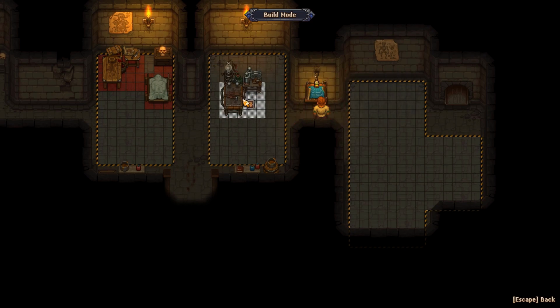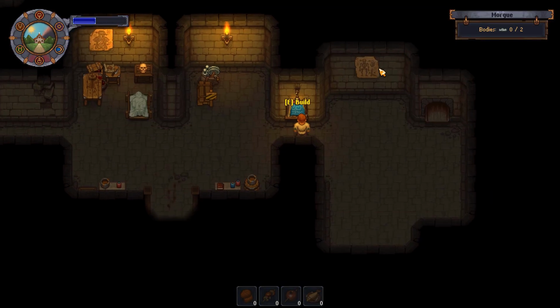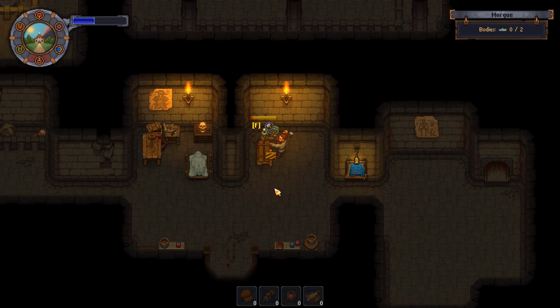The bodies we're going to just be bringing in. So let's do it right there, make them look kind of like the same setup. And then we can do another body palette right next to it. That seems like it could be cool. And we do actually have the resources to build a palette right now. But we're not gonna, because...